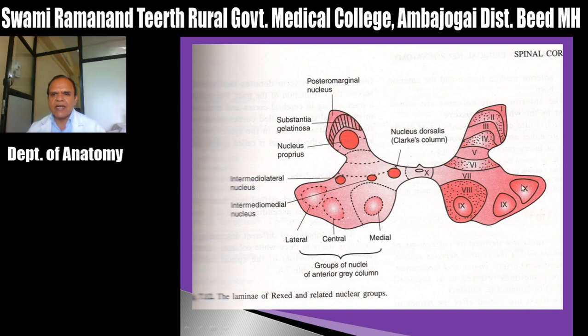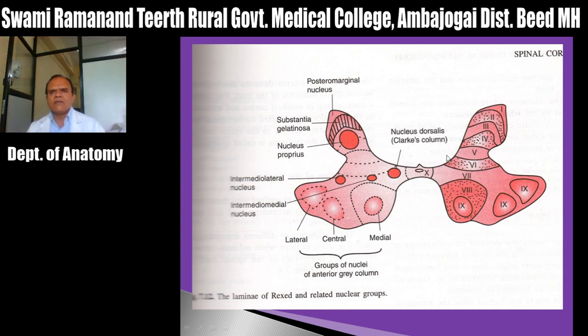Whereas the lamella 9 is particularly, you can have this lateral group, the lateral and part of the central is in the 9, and in the 8 you can have the medial group of the neurons. Okay, and this is the 10 surrounding the central canal, that is called lamella 10, and these are the interneuronal neurons and neuroglia. Mostly neuroglia are present and few interneuronal neuron fibers.